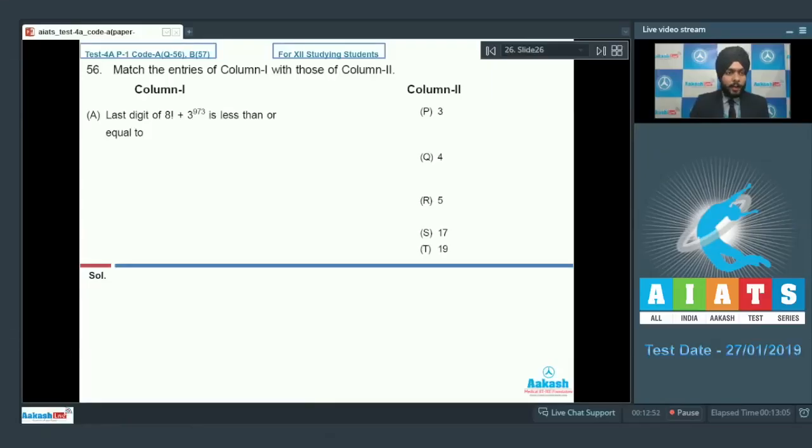So next up we have match the column type question. Match the entries of column 1 with those of column 2. Column 1 A part says that last digit of 8 factorial plus 3 raised to power 973 is less than or equal to. Students, for every factorial after 5 factorial, the last digit is 0. So last digit